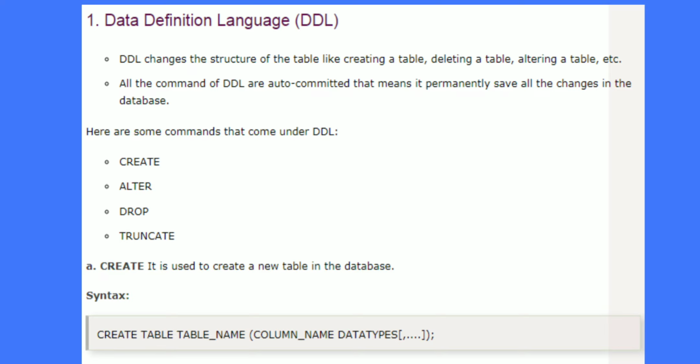Here we cannot give space, so we create the table. When you want to collect information, based on that we create a table in the database. Here the database is a store of information.